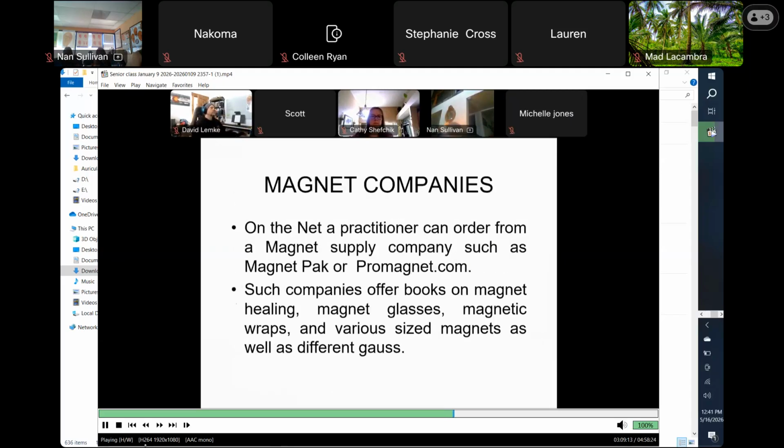I know at one point, and I'm sure they probably continue to do this, Lhasa has magnets that can be purchased. And there's also a company in South Carolina, they call Pro Magnet. If you look up Pro Magnet, they have the exact magnet I'm talking about available. The one with 3,000 gauge, half an inch thick, 4 inches wide.